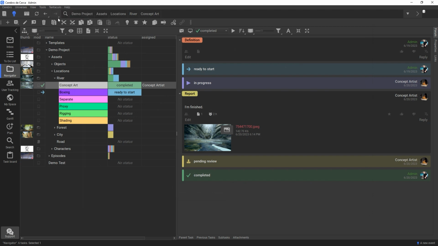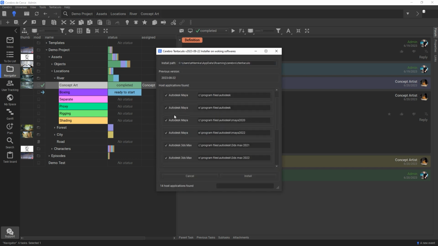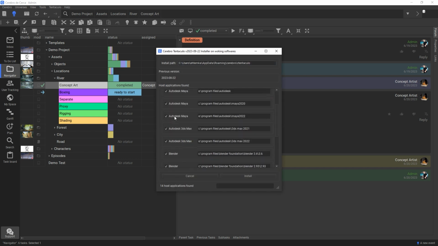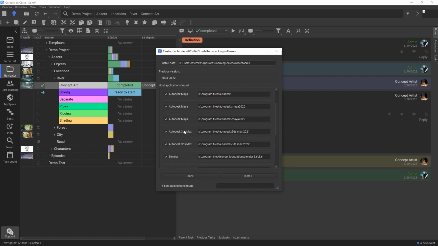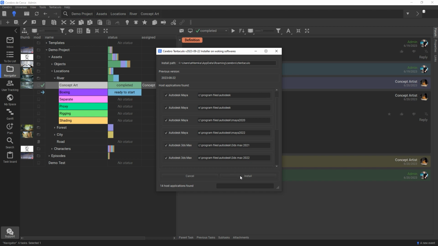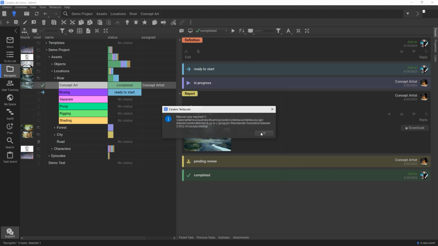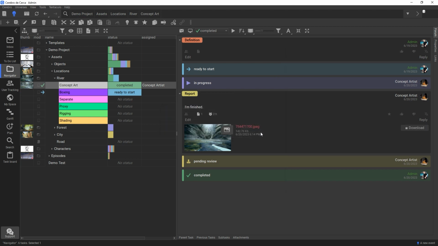Click Install. The plugin will then identify your software and offer to install add-ons for it. After that, the Cerebro menu will appear in your chosen software. Use it to select tasks and publish the results without leaving your workspace.